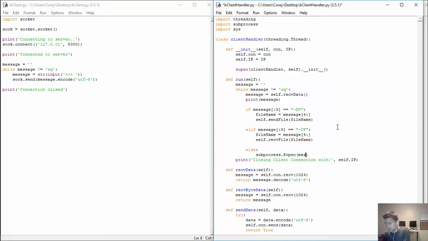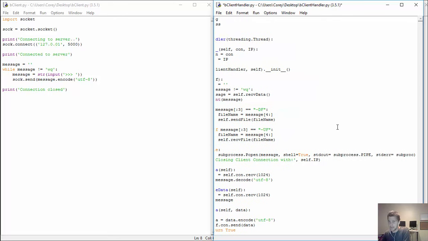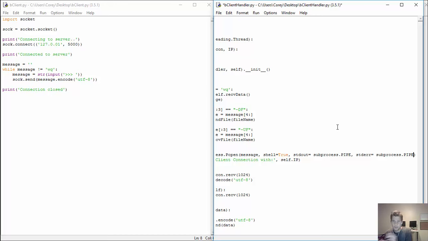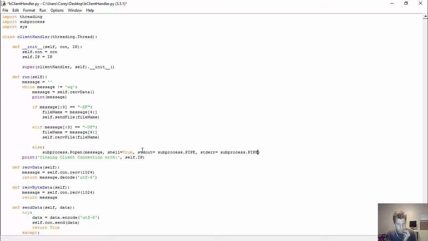Oh, actually, I can just put in message, and then it goes shell equals true, if I remember right, and then it's stdout equals subprocess.PIPE, stderr equals... Now this is a lot to take in right now for this one command. I'm going to stretch this guy out, make him go full screen for us. We'll assign that to some variable, result is equal to